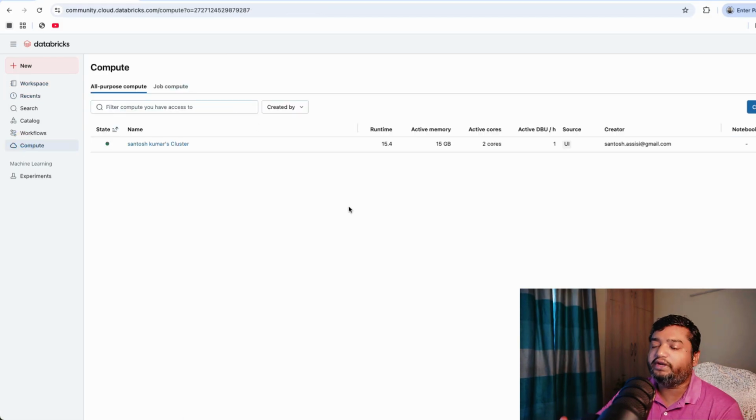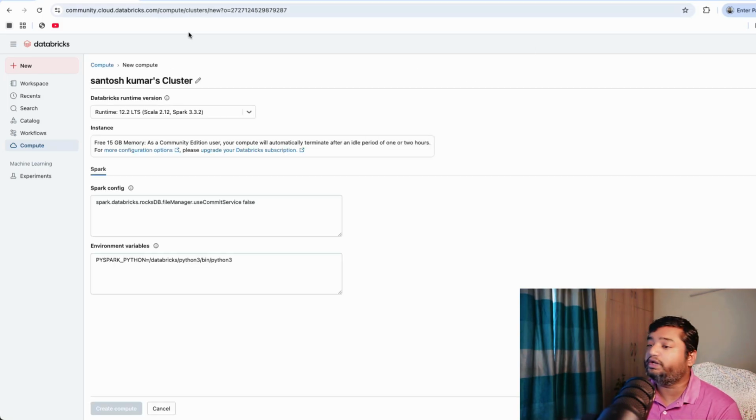Once you have created the program, there must be some place where you want to run the program. For example, if Snowflake is running on top of AWS, then an EC2 machine is used as the compute layer for Snowflake. Similarly, here we need to create a cluster. As I have told you, the community edition of Databricks gives you a single node cluster. It's a single node EC2 cluster. I have already created a cluster, but if you want to create one, you can